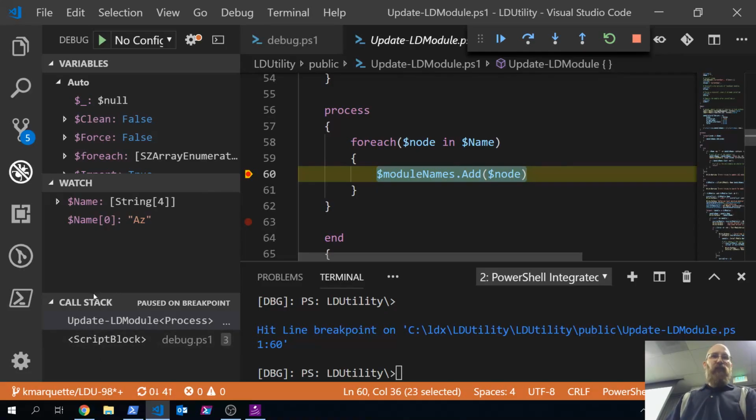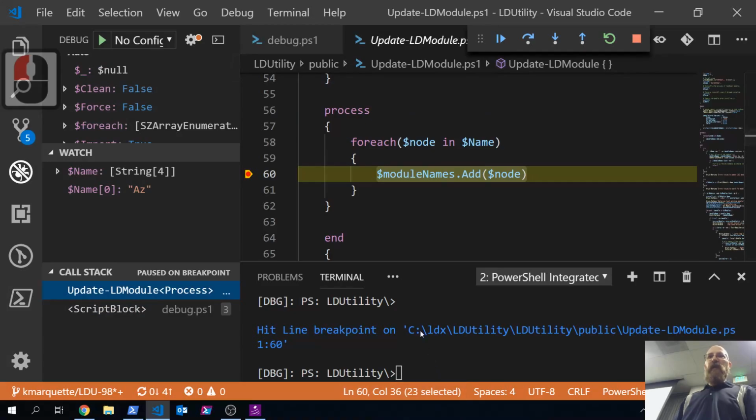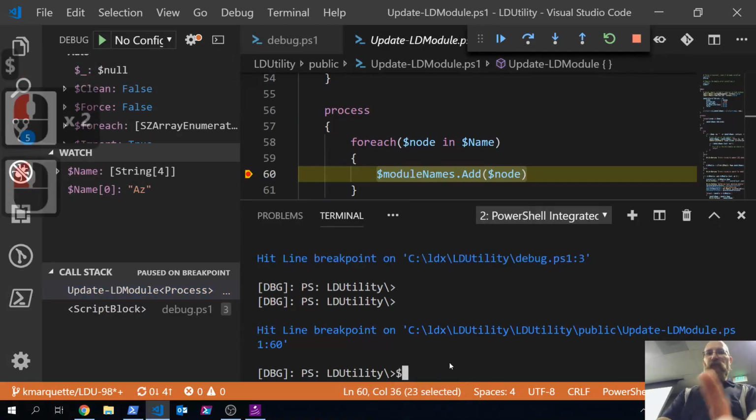And this last one, the call stack, is when you have functions that call functions, and you get really nested, really deep into your logic. Call stack will actually let you step backwards up a little bit to see what called the function, that called the function, that called the function we're at. So quite often when you actually have an error,